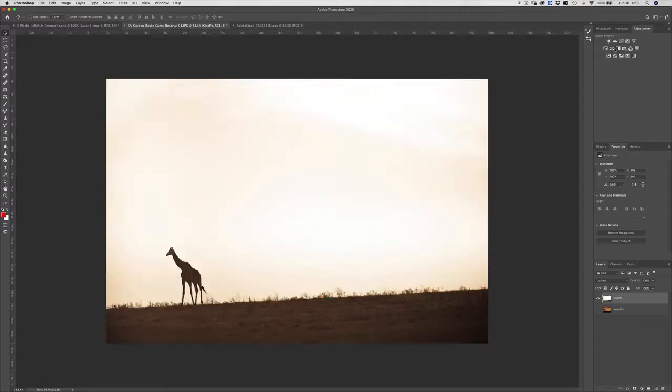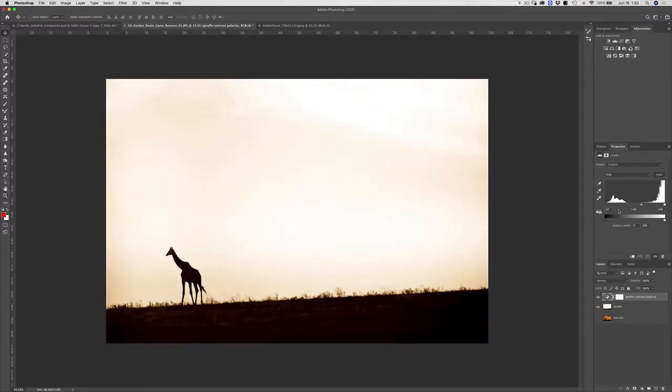So to do that, I can select a levels adjustment, and let's call this giraffe contrast polarize. And so at this point, I'm just trying to make my giraffe a lot darker to match the new background.